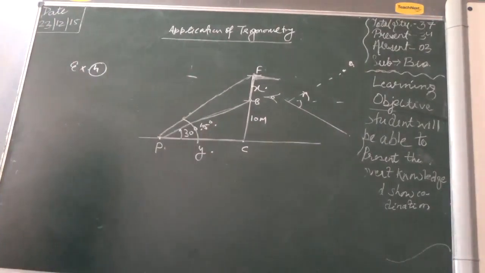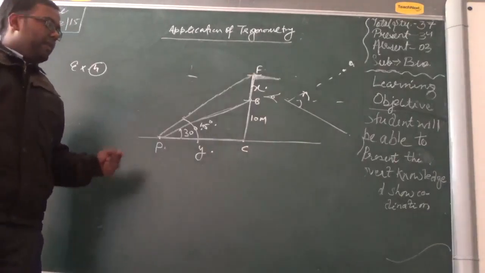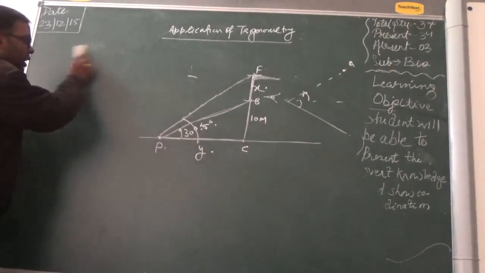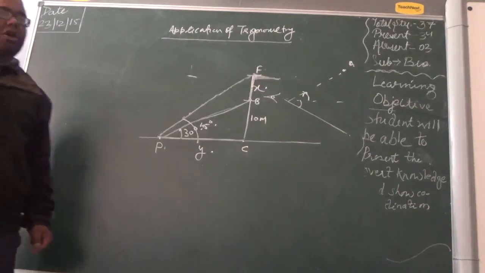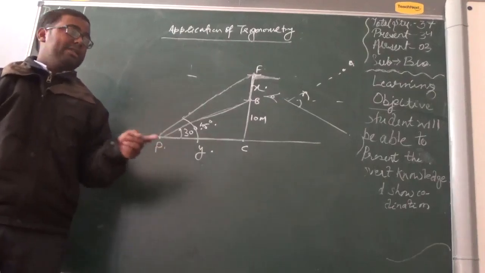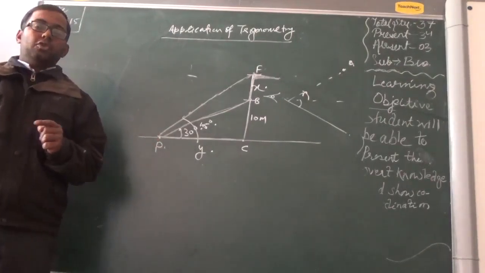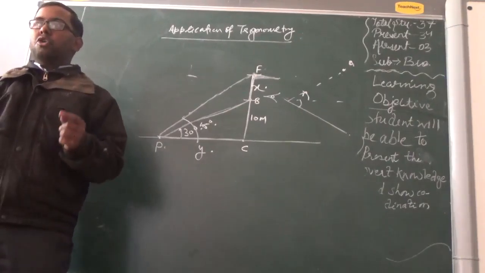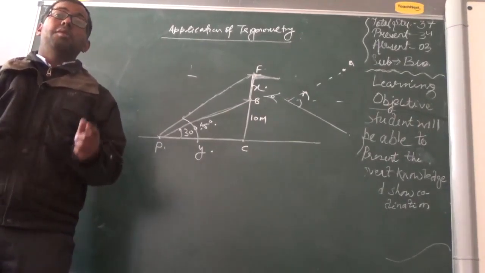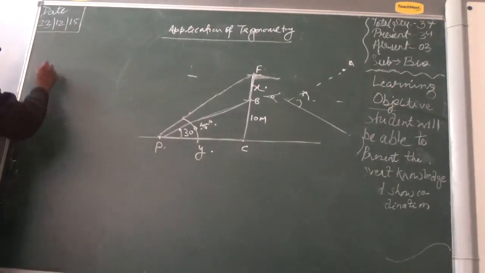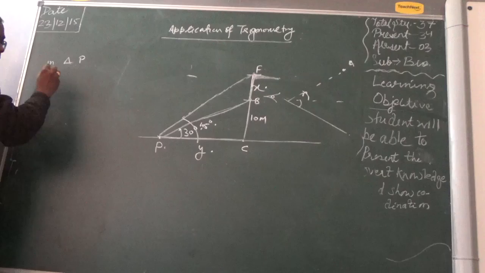Now starting to solve this question, very easy. There is only one method for every question, and every time we will follow the same method. There are two triangles. One is a smaller one and the second is a bigger one. So tell me sincerely, in which triangle is the most information given? Smaller one or bigger one? Yes, the smaller one. So starting with the smaller triangle,